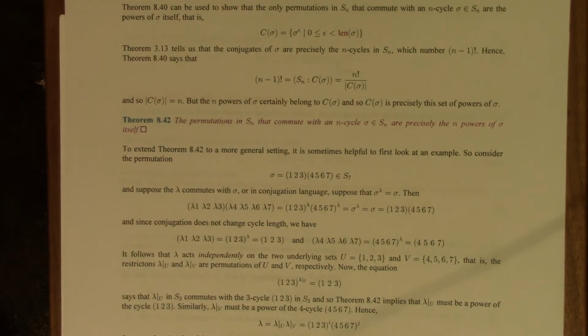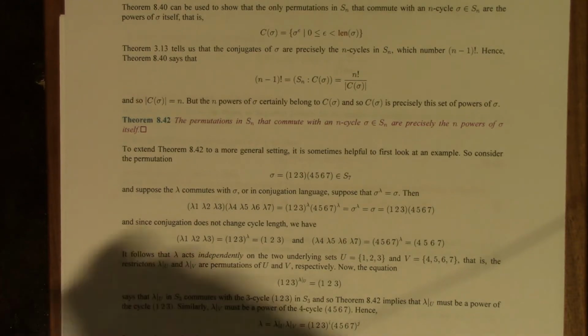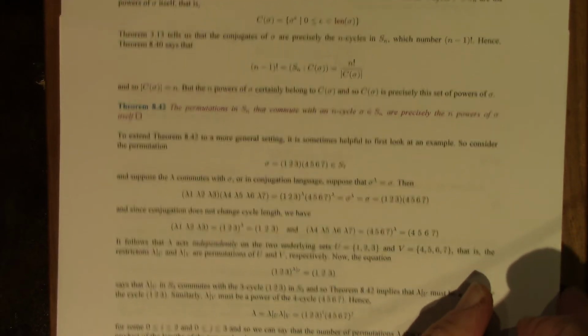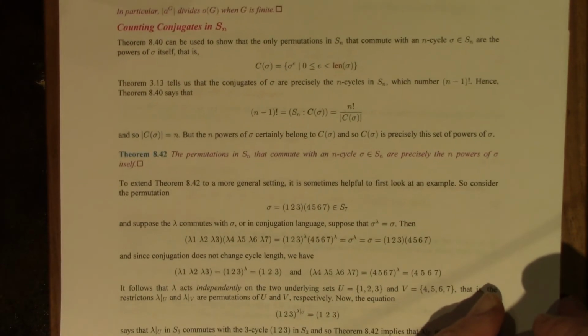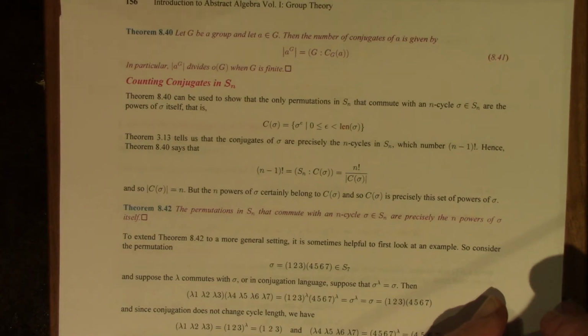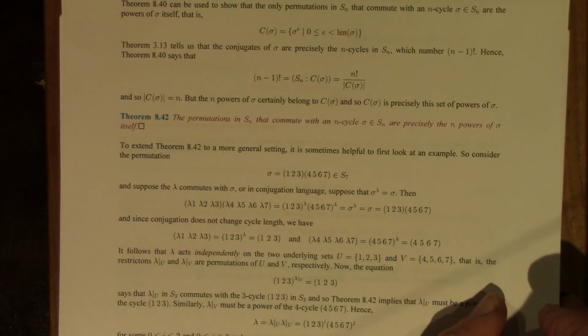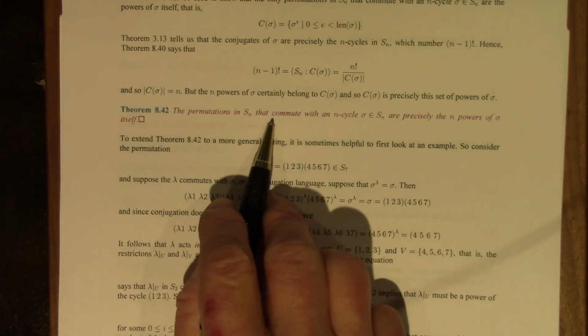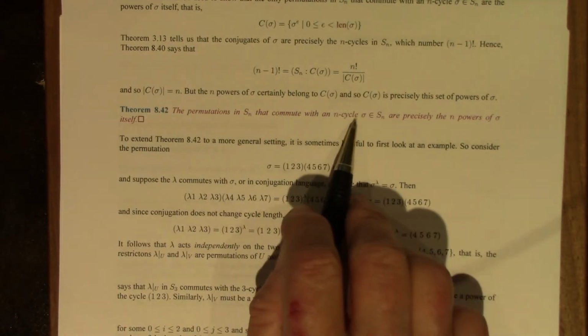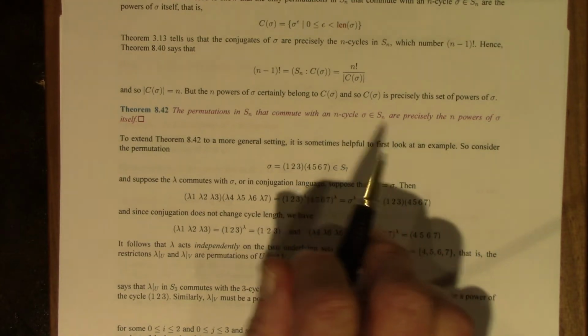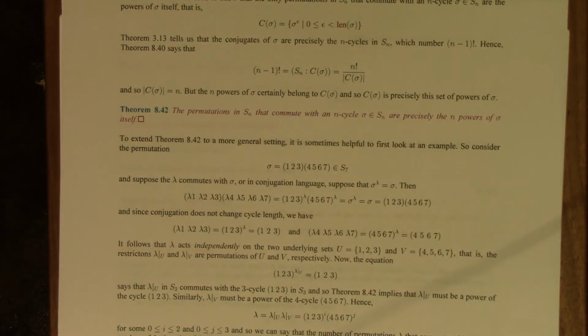This may seem like an unimportant result, but actually we will have a rather important use for this later in the book. It also provides a good illustration of the use of theorem 8.40, this theorem at the top. To extend this result about what permutations commute with an n-cycle to a more general setting, which is something we always try to do when we can,